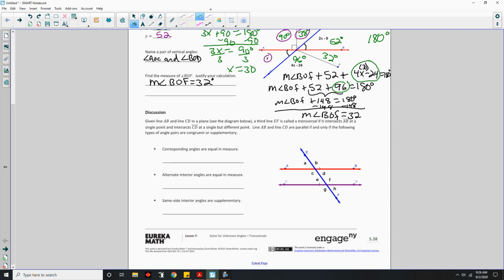Okay, so let's label this puppy up. All right, so corresponding, what does that mean? Correspond. All right, so this is my transversal. Corresponding angles are on the same side of a transversal and have the same angle measure. So if one is above a parallel line, the other one is above. So if I chose this one, then it's this one. The two acutes on the left side of EF. So angle A, corresponding angle A and corresponding angle E,